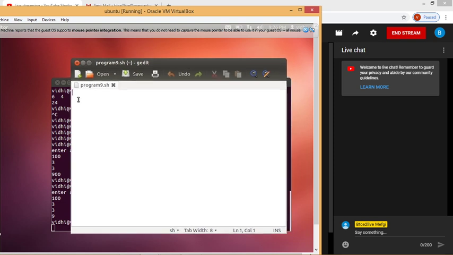Okay, let's do a program to check whether a number is greater than 0 or less than 0. Again I am repeating, a shell script to check whether a number is greater than 0 or less than 0. For that first I need input from the user. So read any variable name. After that I will apply the if statement. If, and then test $j